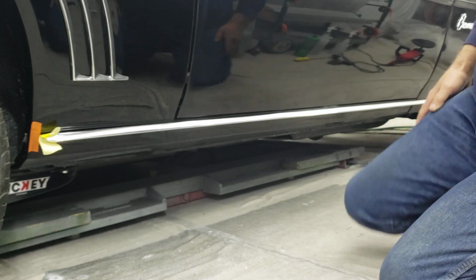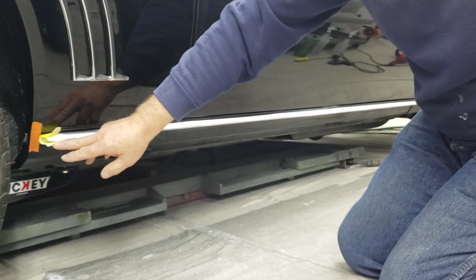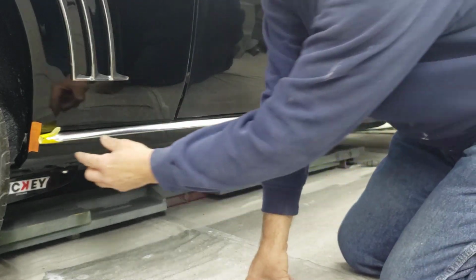This is the easiest way to do it, the best way, the correct way to do it. On the ends I have to drill holes. What I'm going to do is drill a 1/8 inch hole